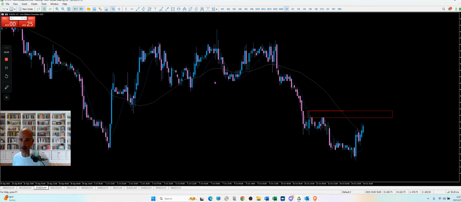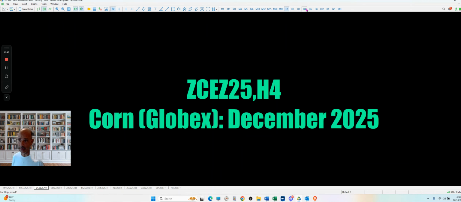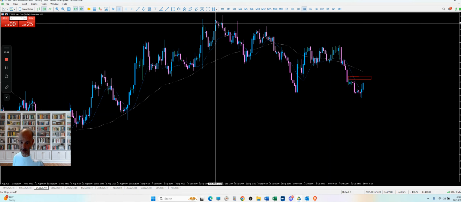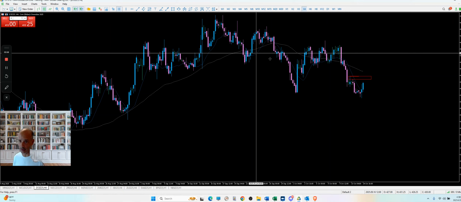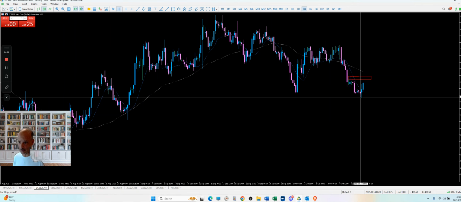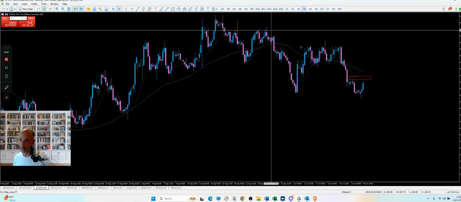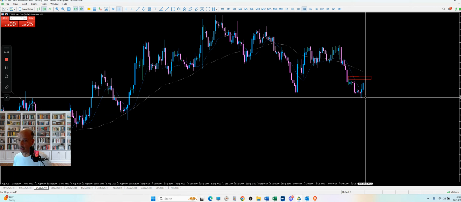So this is corn. You can see I have a couple of moving averages on the chart here, not obviously needed, but this is just the 1 hour chart of December corn. And again, recall that both from the last COT update and seasonality, corn should be going up. And you can see that we've been basically trending down on corn for quite a while now. We peaked out on this high back in mid-September, almost a month ago, and we've basically been trading down. This is the 4 hour chart here. We had one little push back up, but it didn't change any market structure on the higher time frame over here. So we're still trending down.